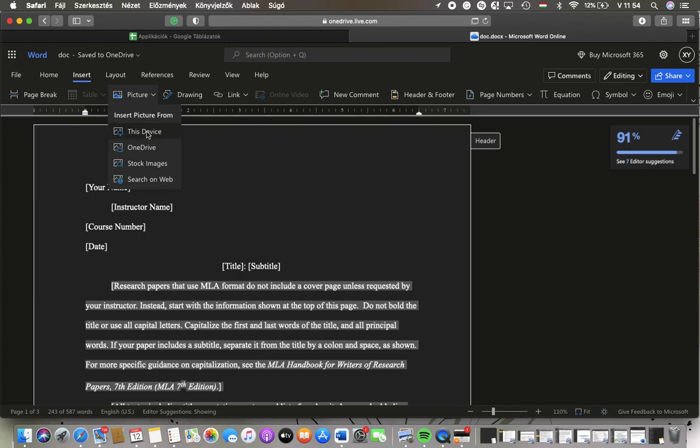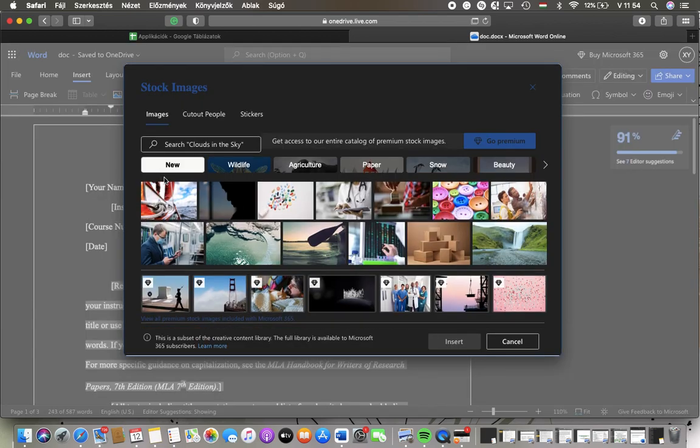You can insert picture from your device, from your files, from OneDrive. You can insert a picture from the stock images, or you can search on the web, so tap on the relevant one. And if you tap on stock images, you can search for a particular picture by tapping on the